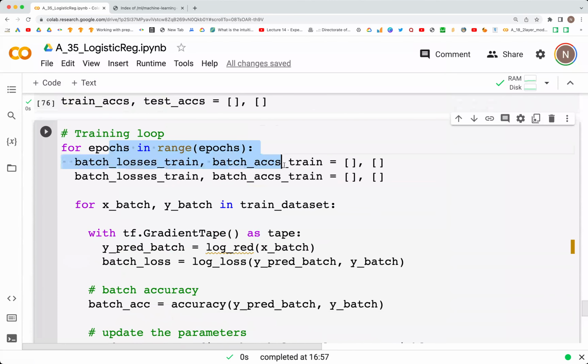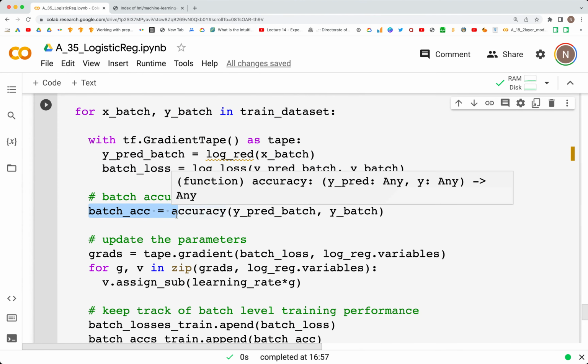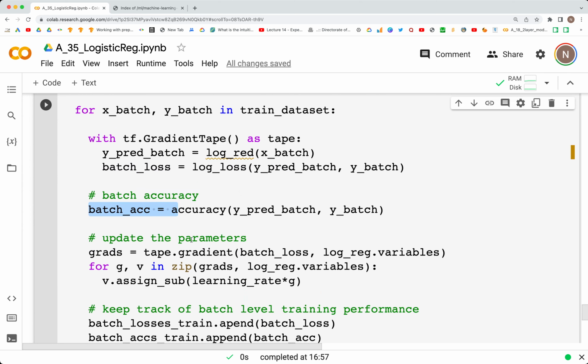We started out with the number of epochs. In each epoch, we take the training data set and work on it in batches. First we use the gradient tape. We calculate the predicted value, then we calculate the loss, then we calculate the accuracy. Once we have calculated this, we use the gradient tape right here, tape.gradient, and input the values for the batch